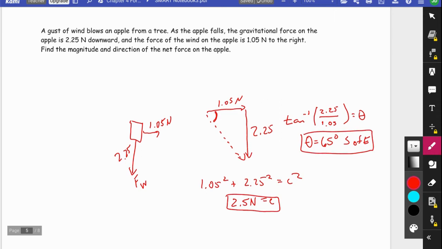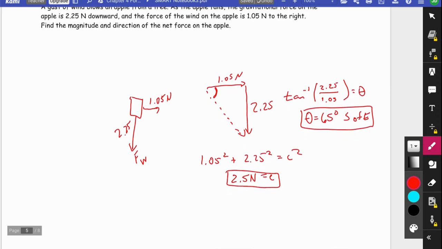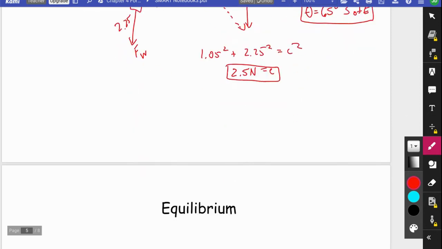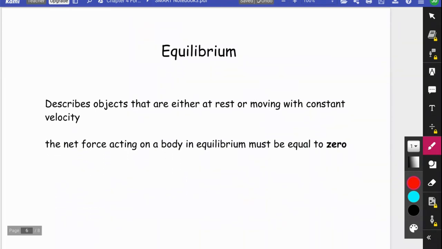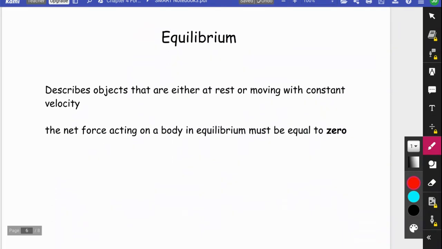So finding that force can still be, again, very similar to some of our motion problems. So again, nothing new in terms of trig functions here. Now, let's get back to what we were focusing on for today, which is